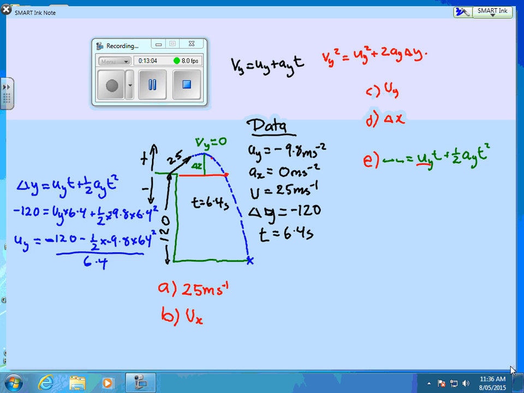When you do that, and I did do it yesterday with Riley, I forgot what the answer was now. So you get a calculator out, and I will grab a calculator and quickly find an answer for you. So 0.5 times minus 9.8 times 6.4 squared equals, so that's, and then I have to